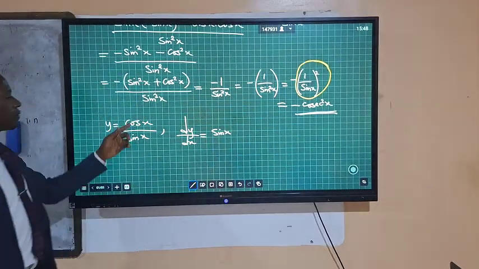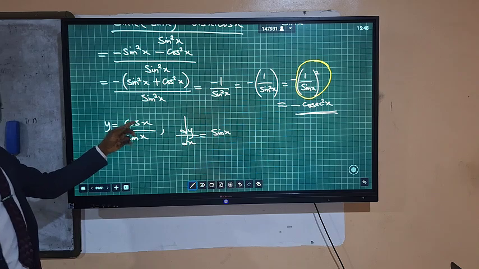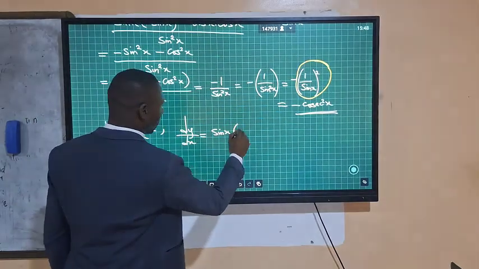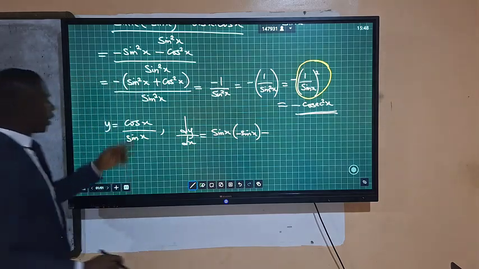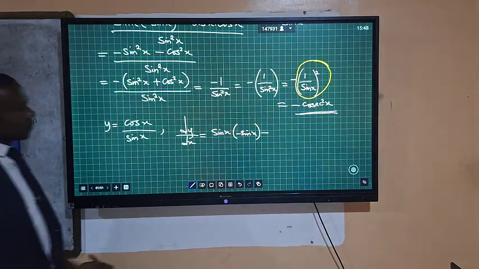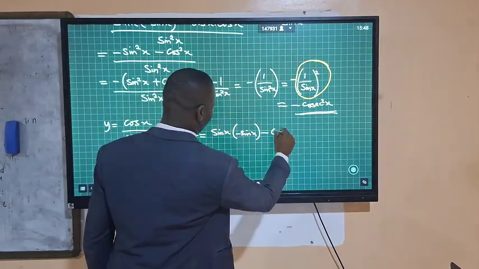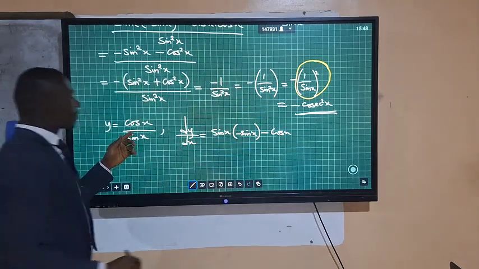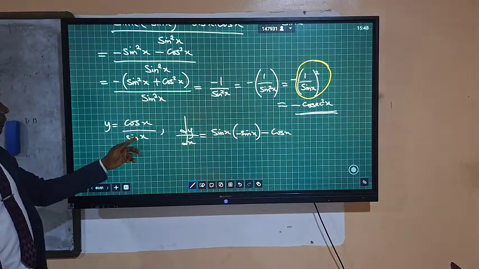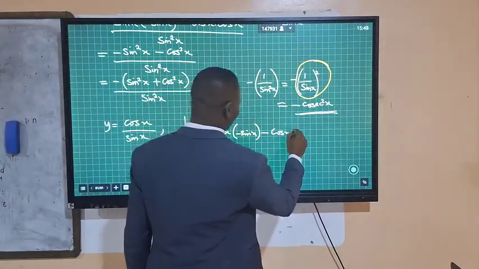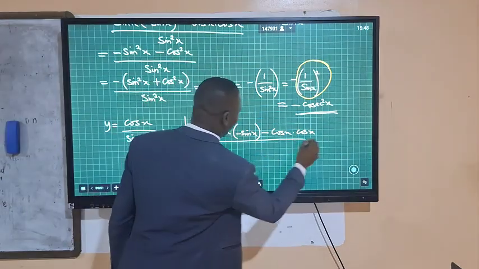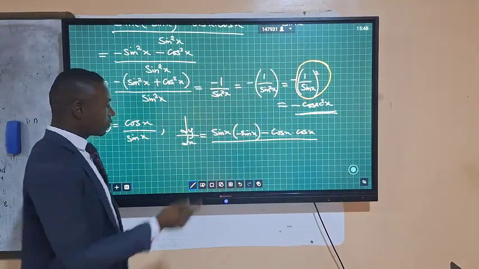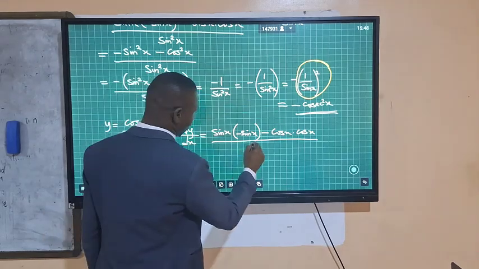Then differentiate u, this is u, we have minus sine x. Then minus, keep u constant, have cos x, differentiate v, and we have cos x also, all over v squared from the formula, all over v